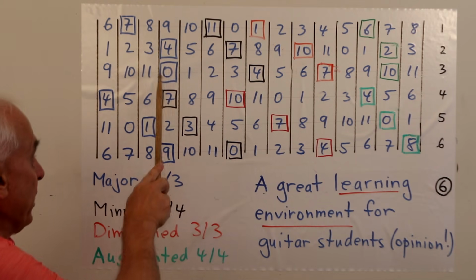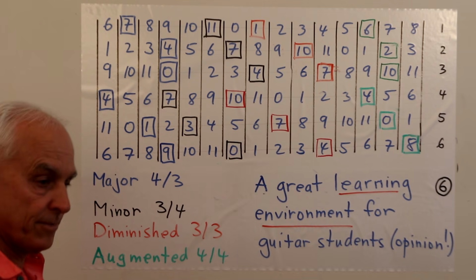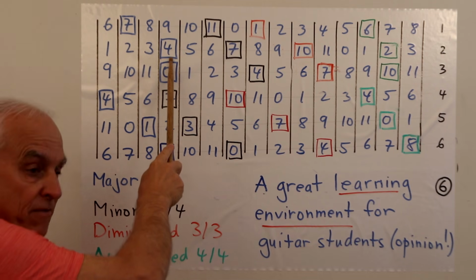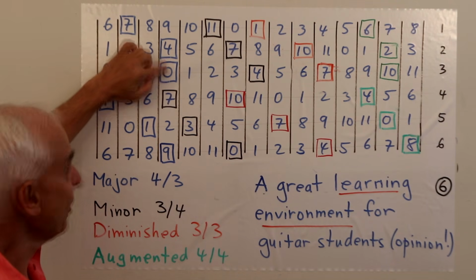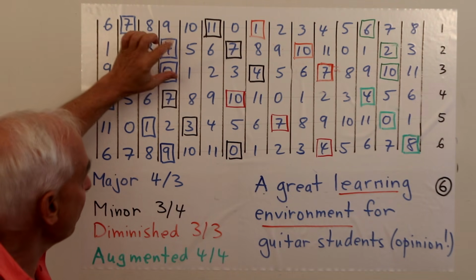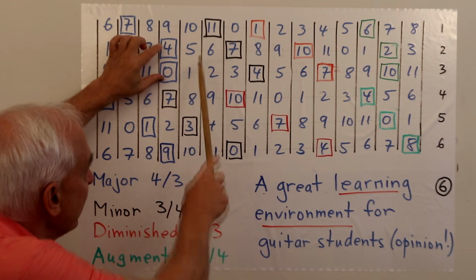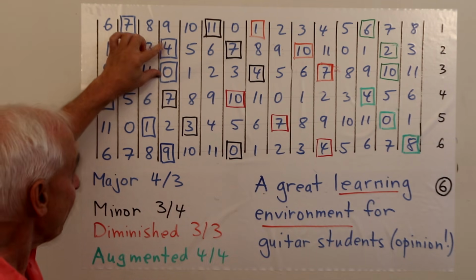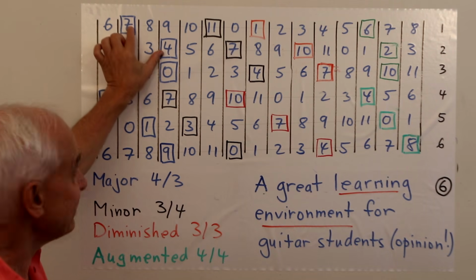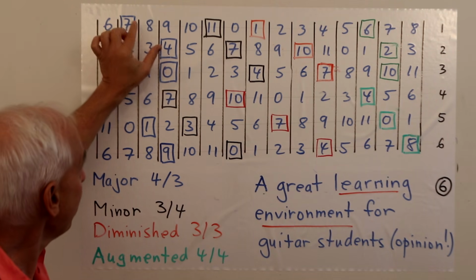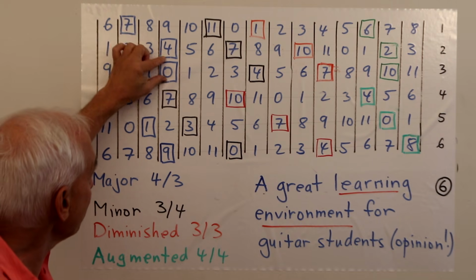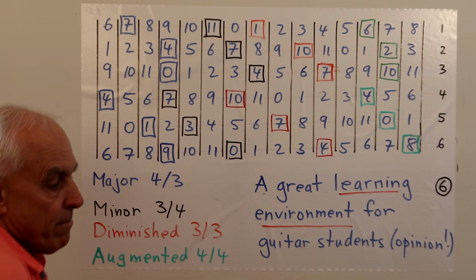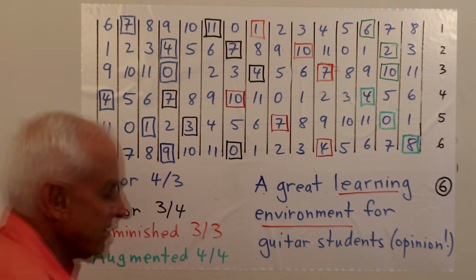Here, this one is a major triad because it starts at a note 0, goes up to 4, and over to 7. So remember this step here, because we're going from string 3 to string 2. This is not a perfect fourth, it's a major third in this example. So it's a 4-step. And then here we have a 3-step. Okay? 4-step, 3-step. Major third, minor third. That's what a major chord sounds like.